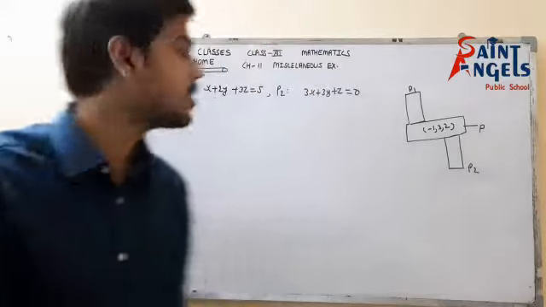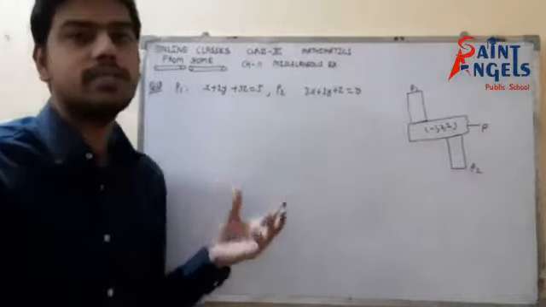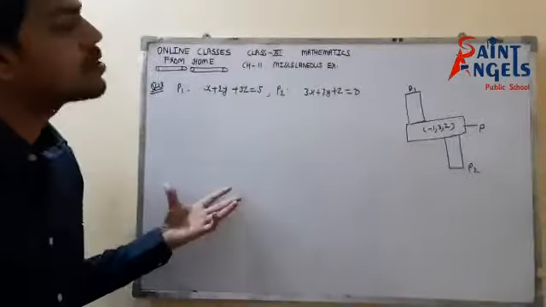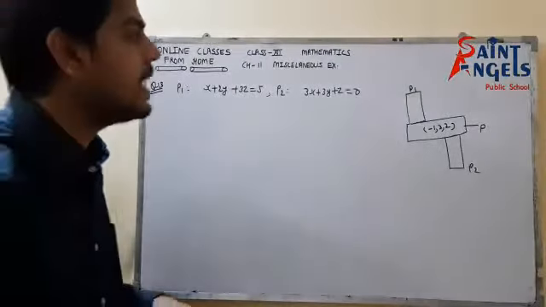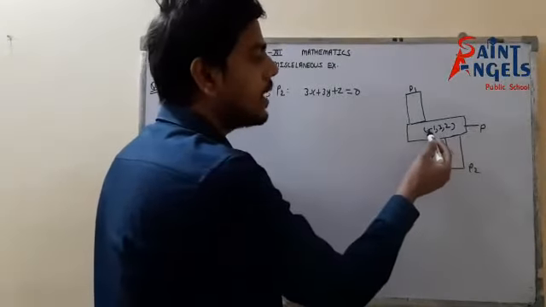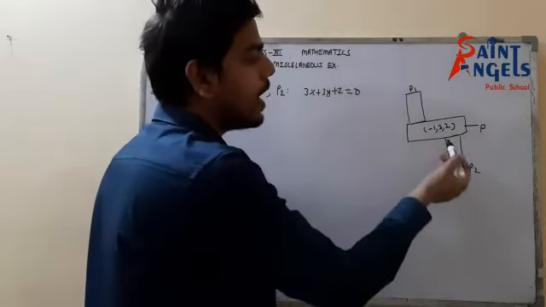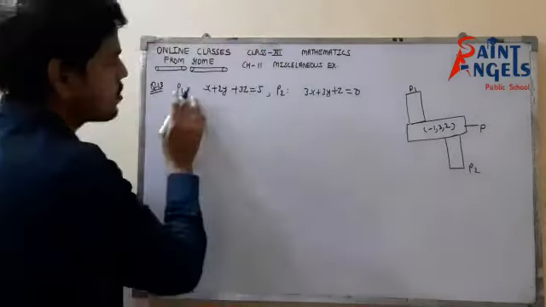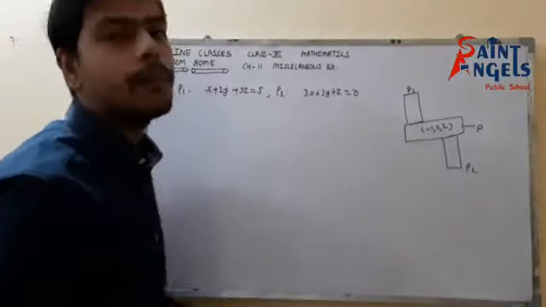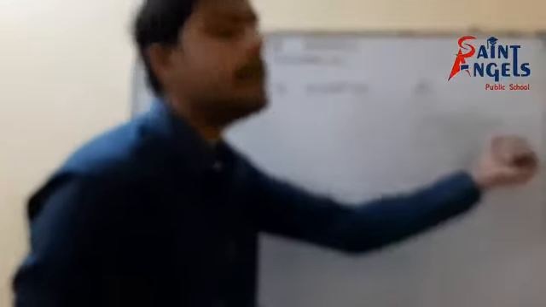We will start question number 13 of exercise miscellaneous of chapter 11. In this question we are given that there is a plane P which is passing through (-1, 3, 2) and is perpendicular to planes P1 and P2. And this is the equation of plane P1 and plane P2. Then we have to find the equation of plane P.